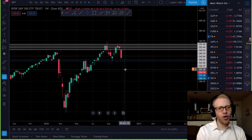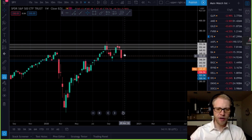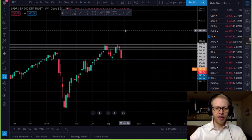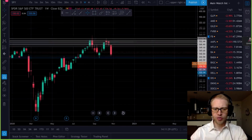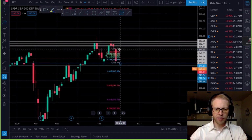Now, what I would not overlook, though, on the weekly and monthly time frames is the 50% retracement levels. So if we were to find the 50% retracement level, you could use the Fibonacci, and you snap it from top and bottom or bottom and top, and we find just a 50%. You want to go ahead and mark that out. So let's go ahead and do that. So this would be the weekly time frame. And if you've been following me, I generally put my weekly